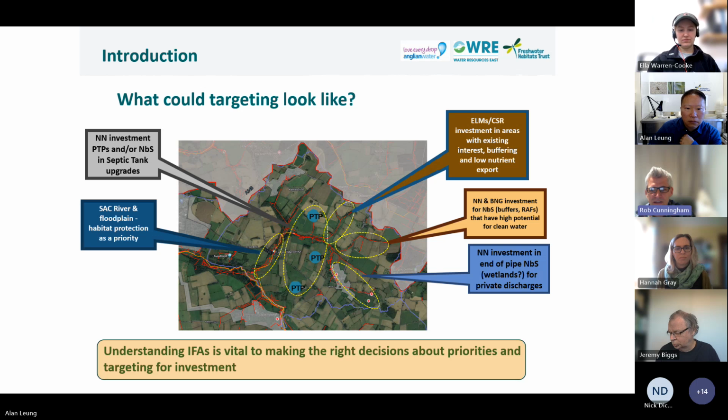The sewage treatment works is 3 kilometers upstream of the Water Framework Directive monitoring point, and there's 5 tributaries upstream that feed into the stream network before you get to the Water Framework Directive monitoring point. And then on top of that, you've got SAC, Special Area of Conservation designation. And so just thinking about how we could use different sources of funding at a very local scale to deliver water quality and environmental habitat benefits, species benefits, at a very local scale, but also then add up to a regional scale protection around the SAC River.